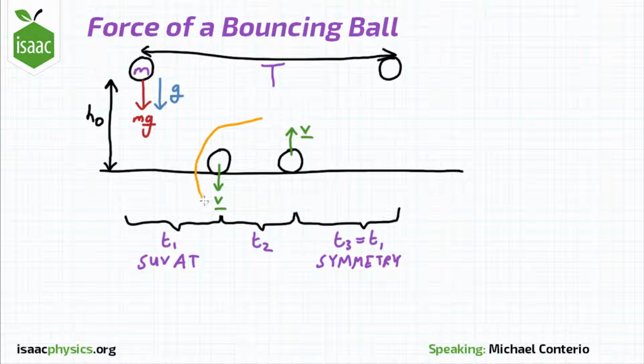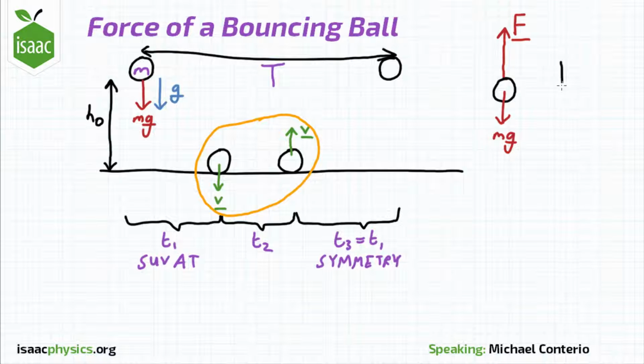We should now look in more detail at what happens over the time period lasting for time t2. The weight of the ball still acts downwards upon it, and now there is a force due to the floor acting on the ball upwards, which I label here as F. For the rest of this question, I will take downwards as positive, as the final force I'm looking for, the ball on the table, will act in the downwards direction.